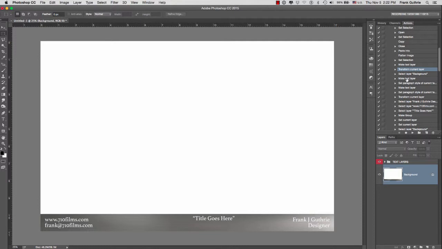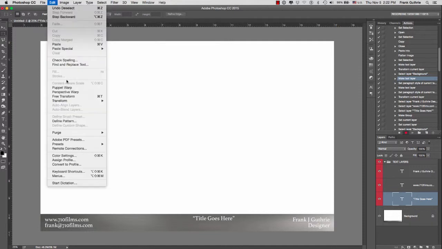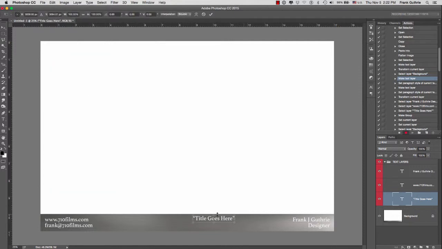So what we want to do is we want to go to the make text layer for this one right here, title goes here, and then we want to add the step of aligning it to the center of an image. So what I'm going to do is I'm going to hit record. I'm going to find that layer, title goes here. I'm going to hit record, and I'm going to go to edit, free transform,